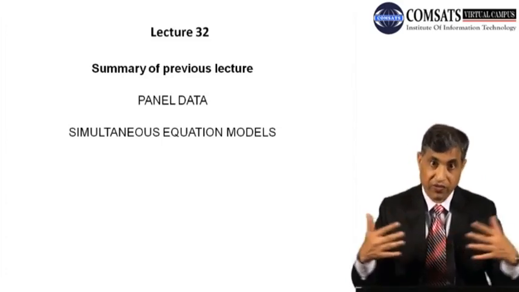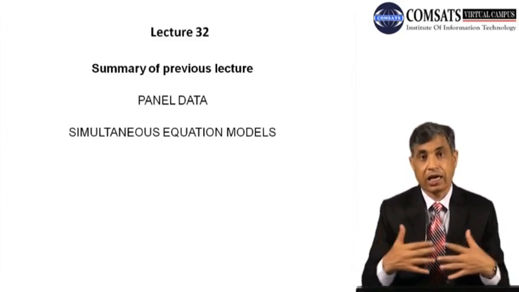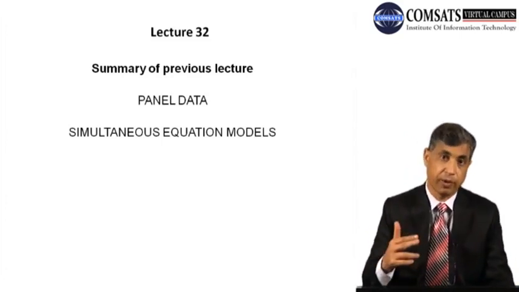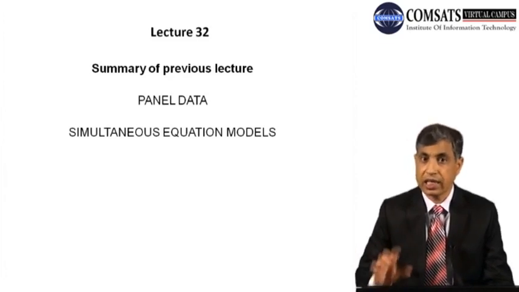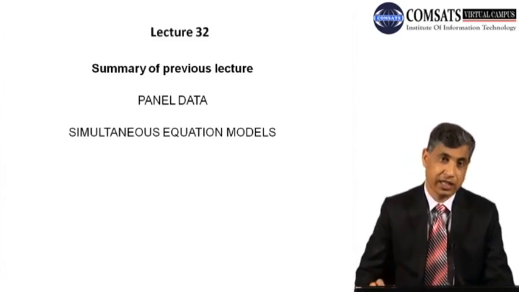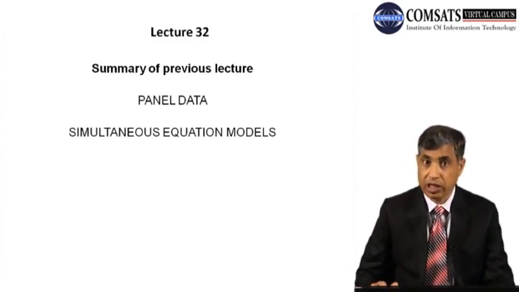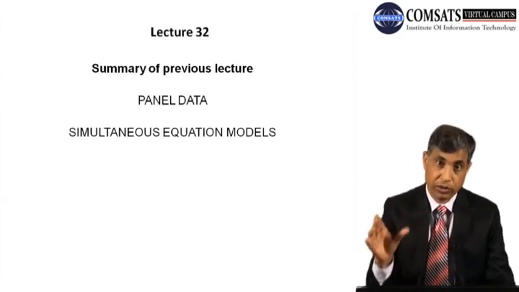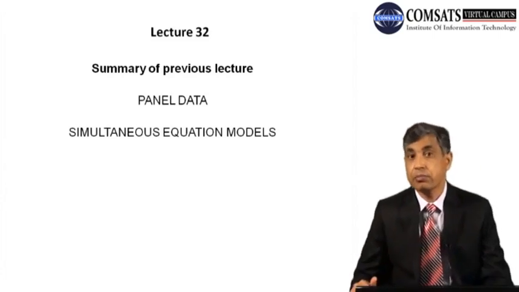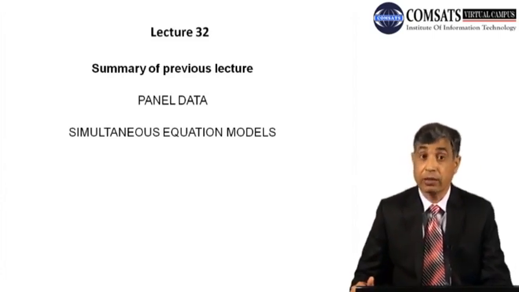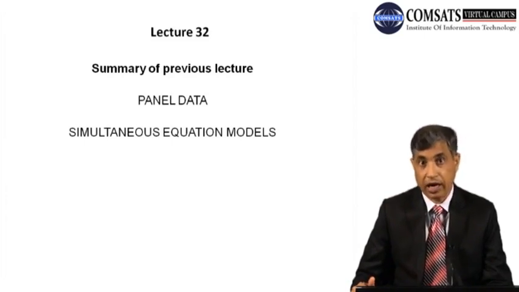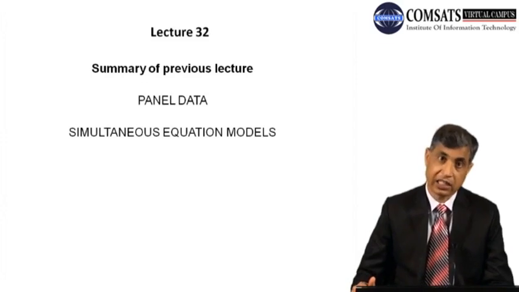So there is a two-way situation, and it has a problem. What was the problem? We said that if we apply the OLS estimator without keeping in view that this variable is not determined only by this equation but may be determined by some other equation,